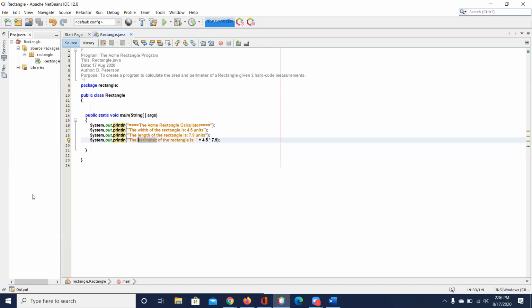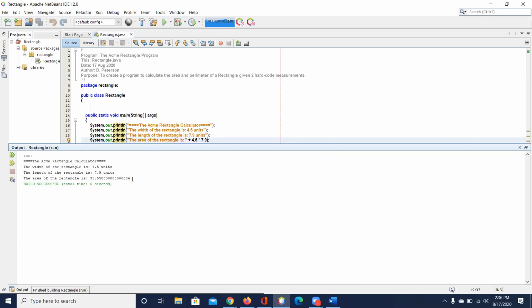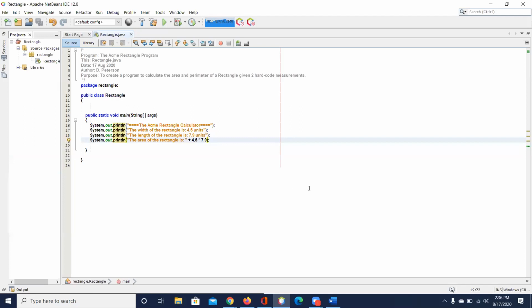I did the area. So since I did the area, I'm going to make this one the area. Okay? Because the area is the length times the width. So now if I run that, that's good. And I could fix this too. I could come here, hit space, and then do plus, and type in square units.